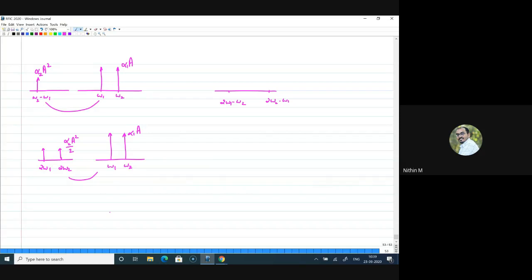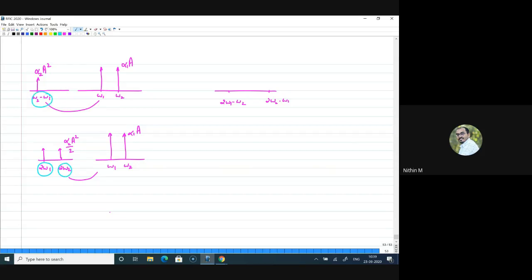So what I'm considering here is y1 of t, that is, the output of the first stage. Since I'm considering up to third order nonlinearity, due to the second order nonlinearity there will be some second order terms available at the output of the first stage, and those terms are at omega 1 minus omega 2 or omega 2 minus omega 1, then 2 omega 1 and 2 omega 2. These are the components appearing at the output as a result of second order nonlinearity.